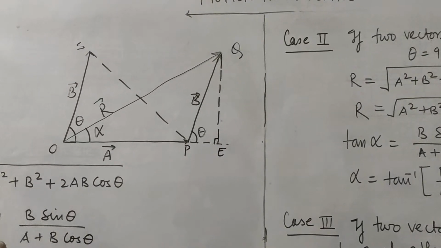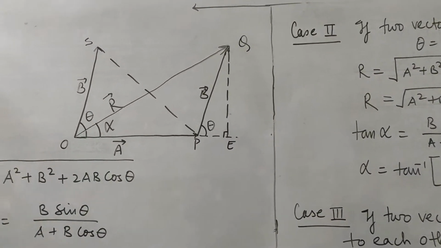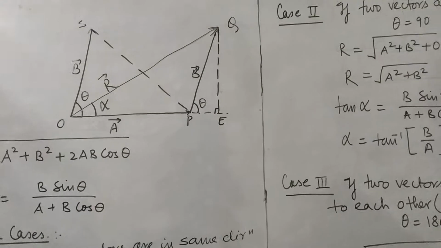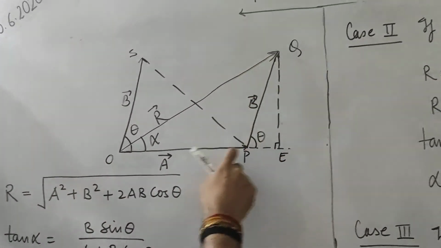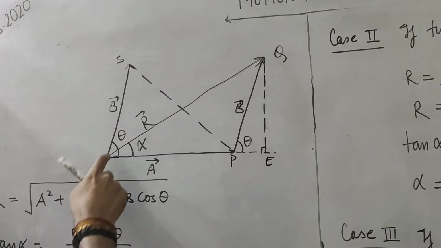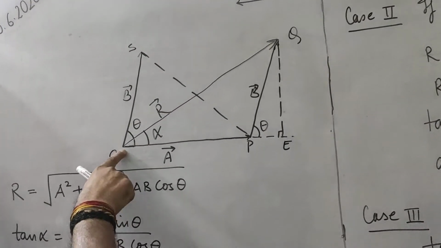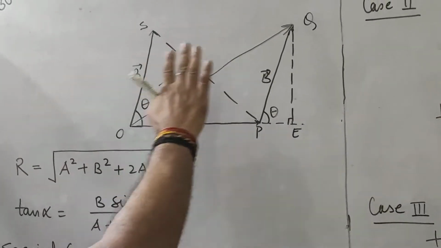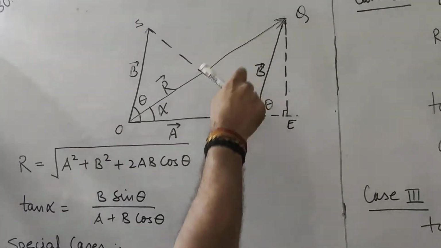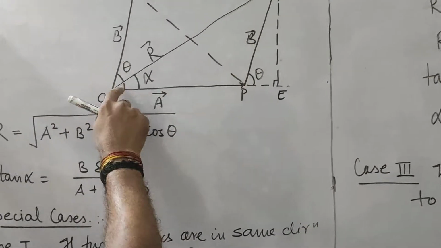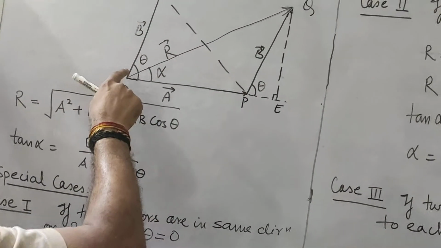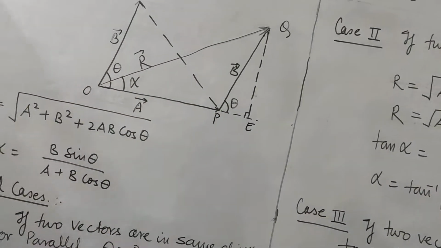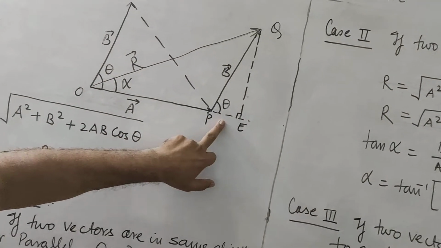Now this is the only difference between triangle law of vector addition and parallelogram law of vector addition. Parallelogram law of vector addition I have already stated, the diagram will be this one. The only difference is this side which originates from the same point. The diagram will remain the same: vector A is there, vector B is there, angle theta is there, because this line and this line are parallel. So this angle is the angle between the direction of the two vectors.